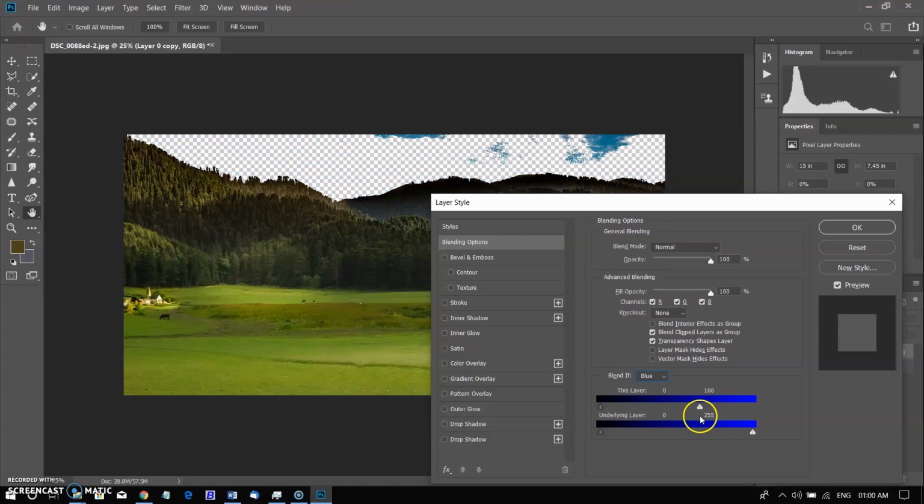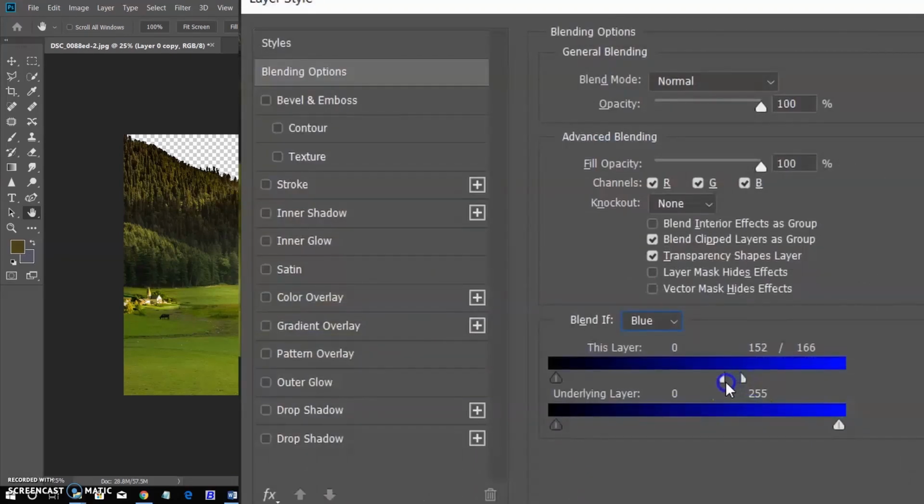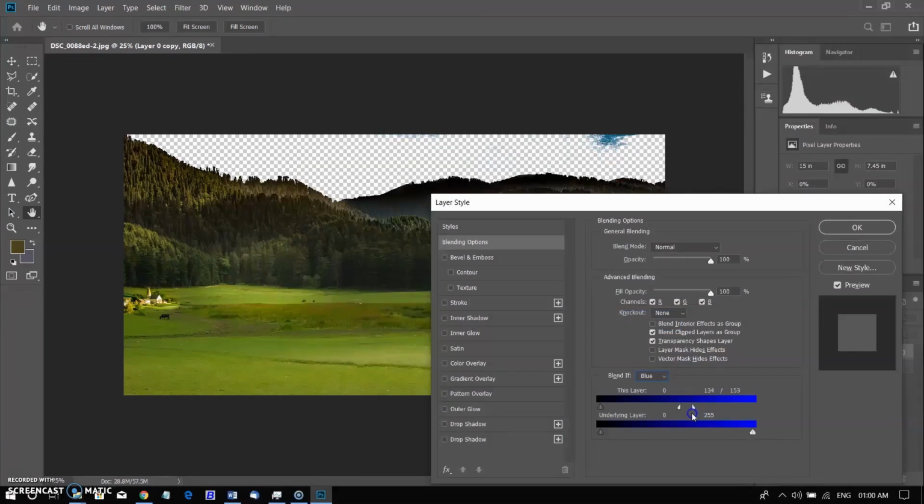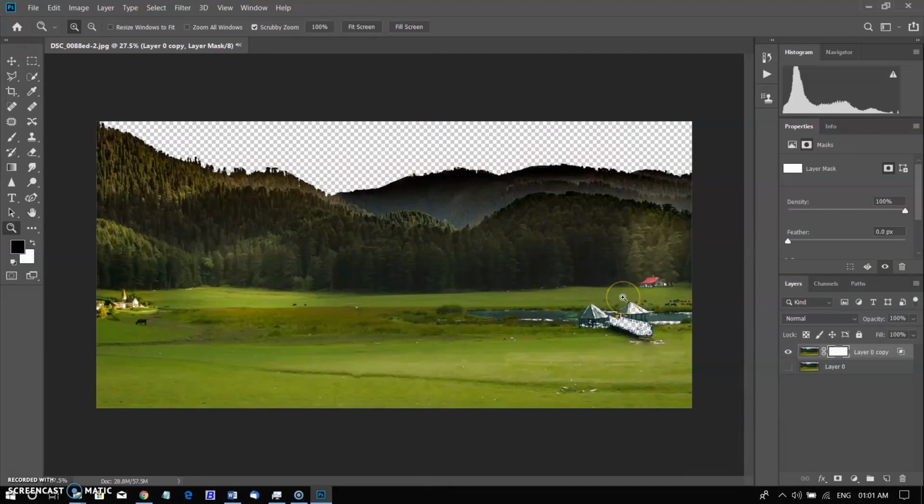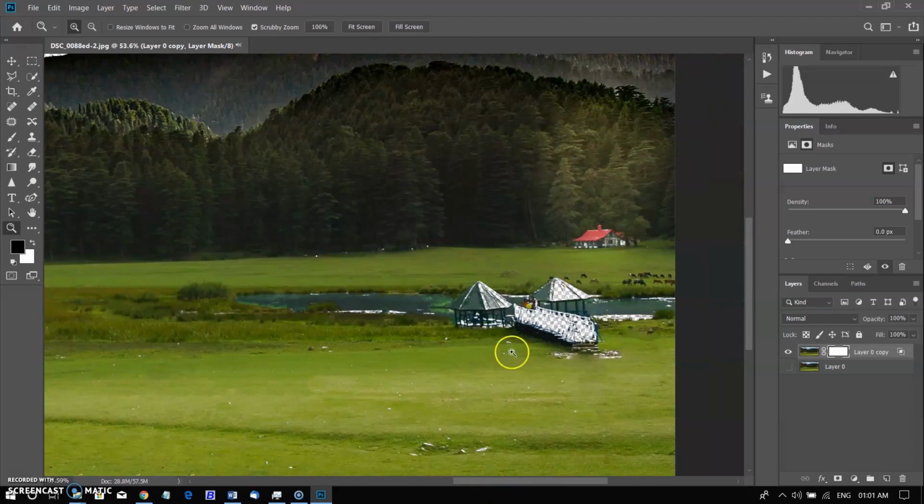Now we need to refine that selection, so hold down Alt in Windows and Option in the Mac and drag on the left of the triangle. You will see that it now splits and enables us to refine our blending. Move it as far as you can before the clouds start to disappear. After refining the selection, click OK. You can see with the sky, other blue parts of the image are also removed